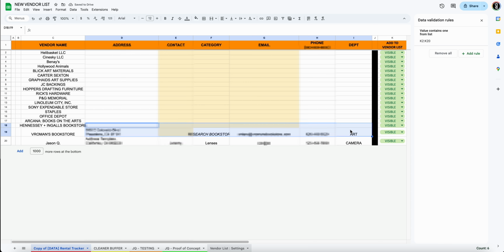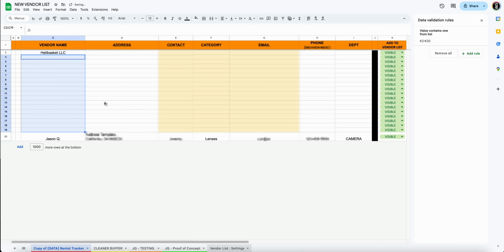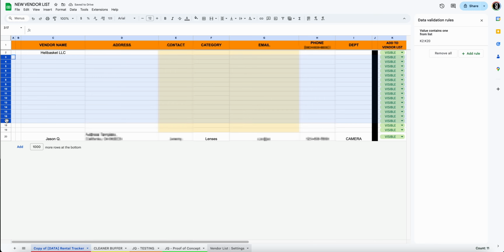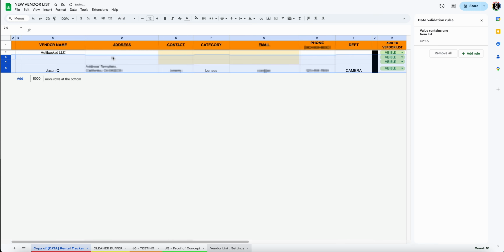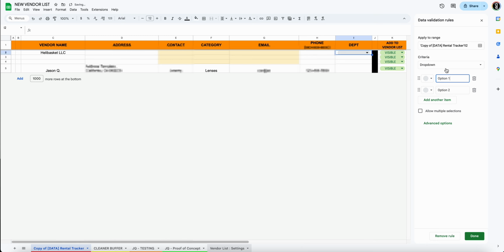That looks good to me. Delete this and delete all of this as well. And I'm just gonna drop it down. I'll leave this one. Okay, so for departments, we're gonna delete this, and I'm gonna do an insert drop-down menu